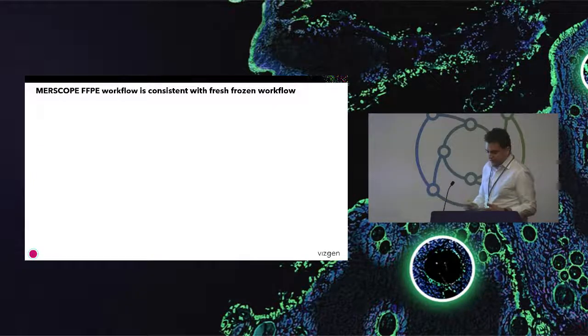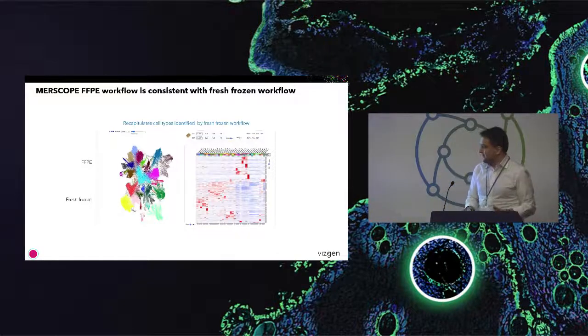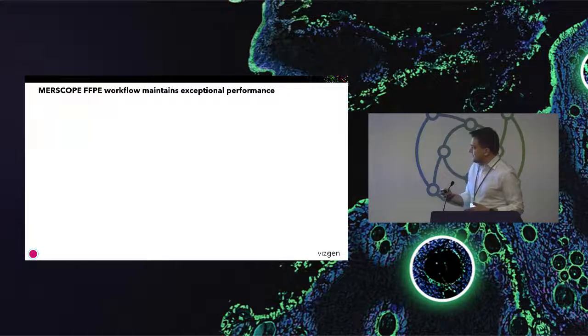But to further validate this data, we also did co-clustering, where we have one mouse brain from a fresh frozen sample and one mouse brain from an FFPE sample, mix the cells together and cluster them together. And here, from this clustering, you can see that they're very well intermixed. So here, these clusters,